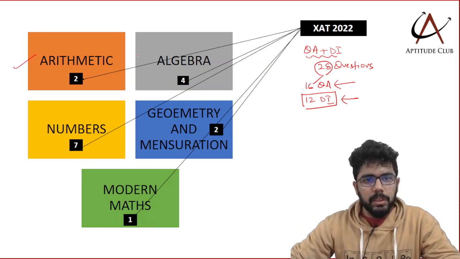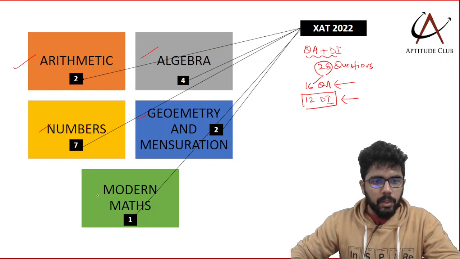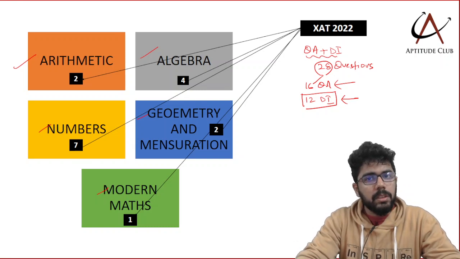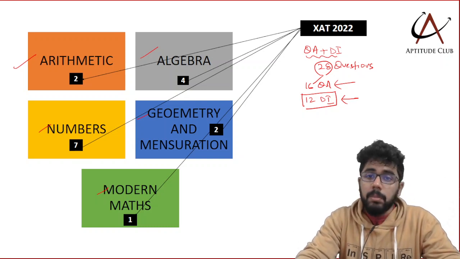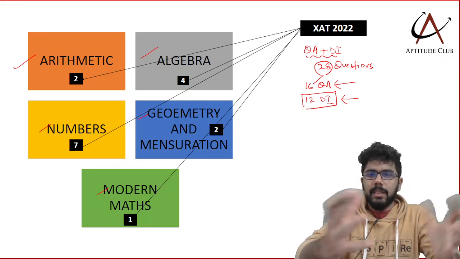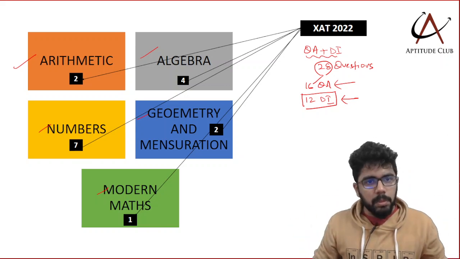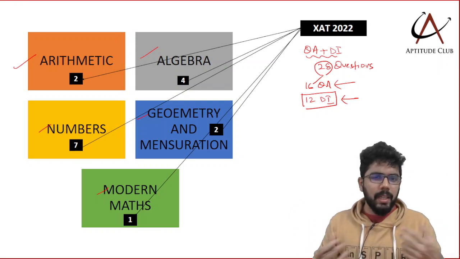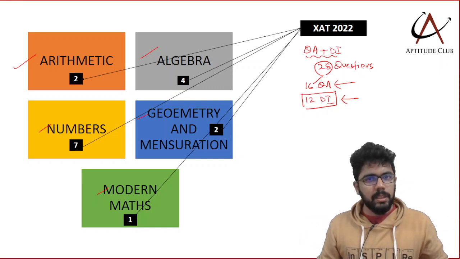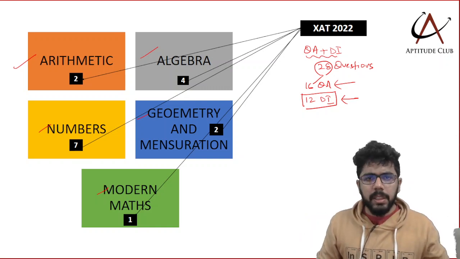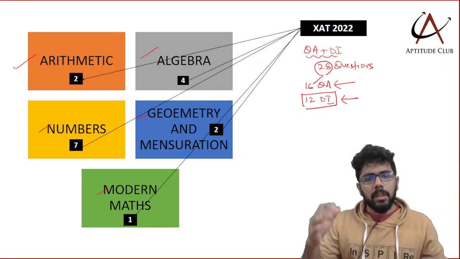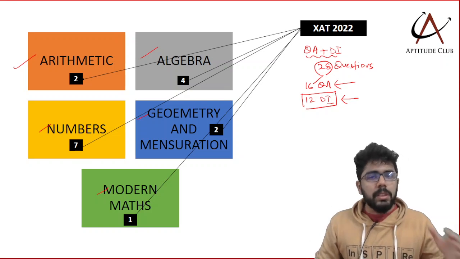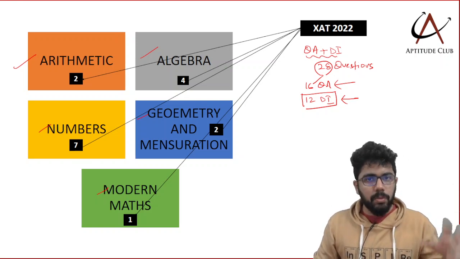If you look at the breakup of the 16 questions, it was something like this. Modern maths we had 1 question, geometry and mensuration around 2 questions, algebra 4 questions, arithmetic only 2 questions, and numbers surprisingly 7 questions. It's not like this is any fixed pattern, and this year you'll have something similar. It keeps going up and down, so you cannot guarantee you will get more questions from a topic. Personally, I've seen algebra, geometry, mensuration, height and distance as important topics. Arithmetic, numbers and modern maths will be there, but algebra, geometry, mensuration, height and distance, and a little bit of trigonometry appear across all years.